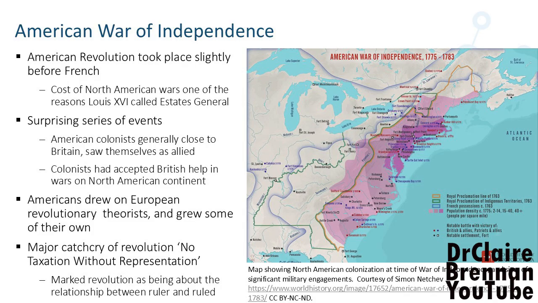Ideas that had come from the English Revolution, with Locke thinking about the relationship between government and the governed, were significant here. In addition, there were the ideas swirling around in the Enlightenment in France, and a lot of them were about how societies should be structured. Those ideas also crossed the Atlantic and were picked up in the Americas. In North America too, there were significant theorists: Benjamin Franklin, the drafters of the Declaration of Independence. These are people thinking about the relationship between the state and the people ruled by it.